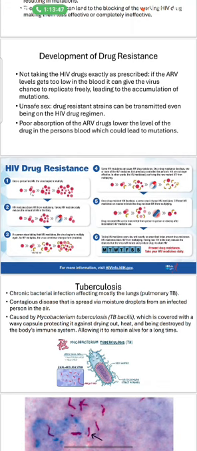Anyways, tuberculosis. It is an infection affecting mostly the lungs, pulmonary TB. It is a contagious disease that is spread via moisture droplets from an infected person in the air, caused by Mycobacterium tuberculosis, TB bacilli, which is covered with a waxy capsule protecting it against drying out, heat, and being destroyed by the body's immune system, allowing it to remain